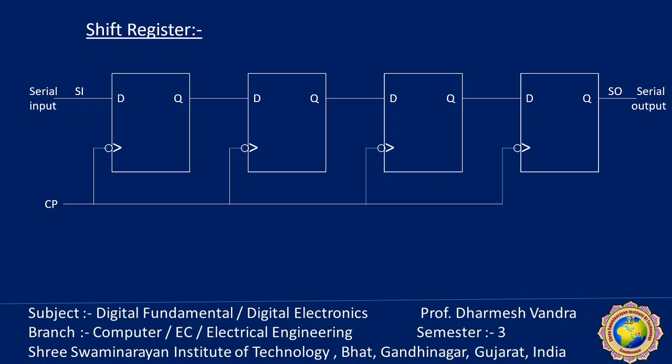Output of the flip flop here. So suppose this is the input D in. Each input is connected with the output. So what happens? Whatever the serial input is, it is at the first bit, the high bit, and the lower bit is connected to the serial out. So my data is transferring towards the right hand side. So this is called a right shift register.